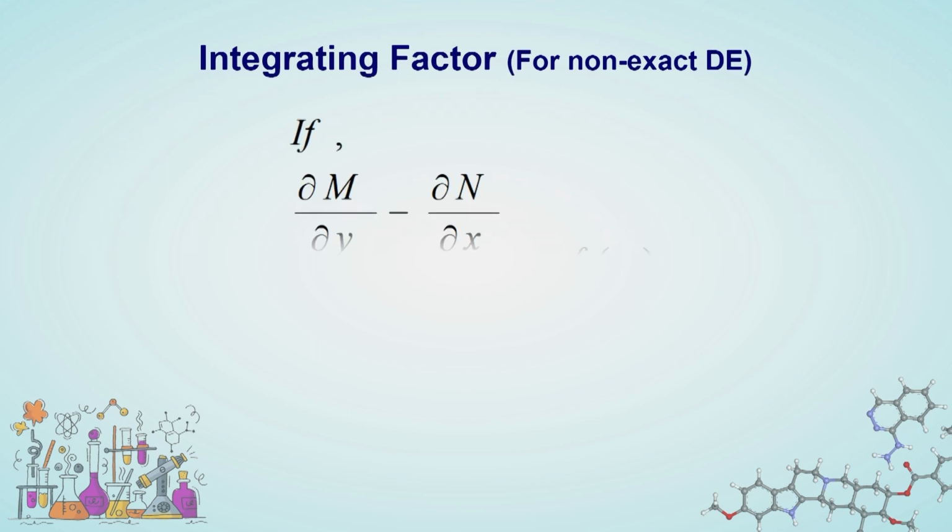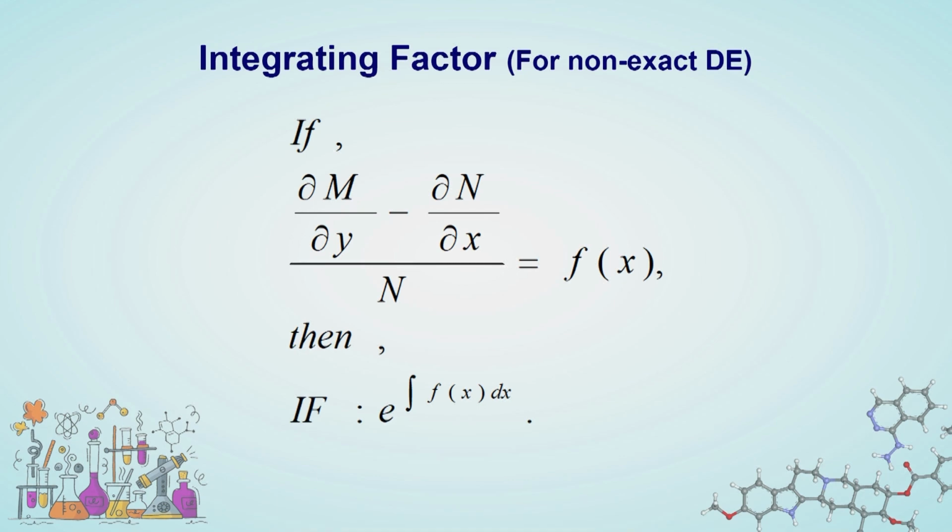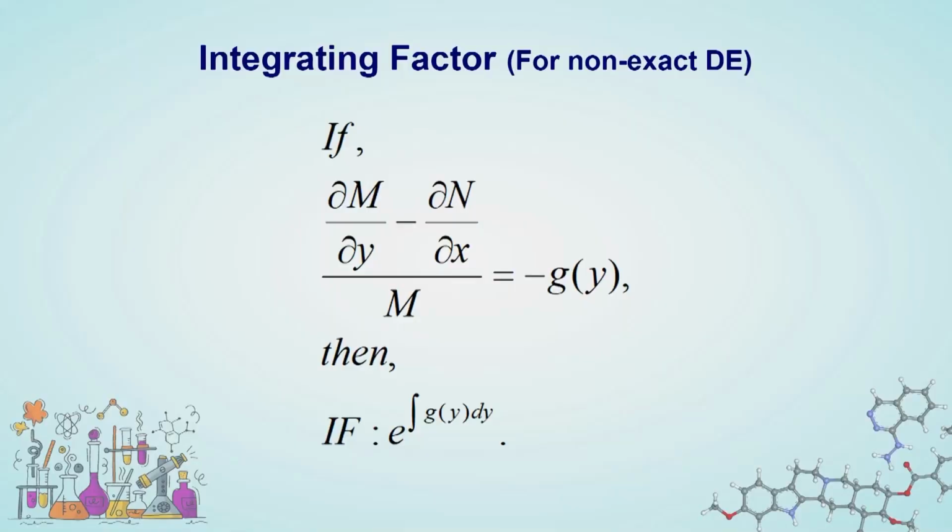We can see here the conditions. First condition: (∂M/∂y − ∂N/∂x) divided by N is only a function of x. Then simply the integrating factor will be e raised to the integral of f(x) dx. We multiply this integrating factor into the original equation, then we have the solution. This is another case. The same left hand side, only in the denominator there is M, but in the right hand side